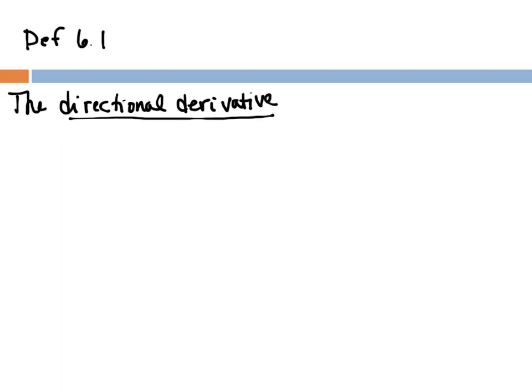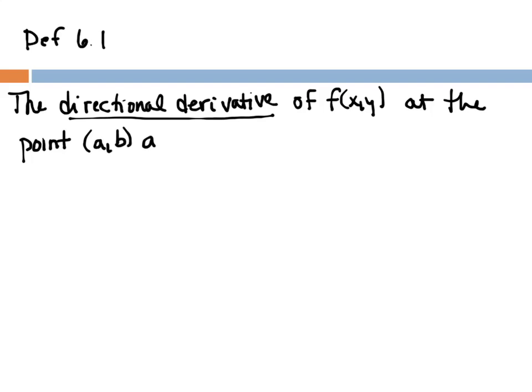The directional derivative of a function f of x, y at the point a, b, and basically any direction. So we're going to do it specifically in the direction of the unit vector